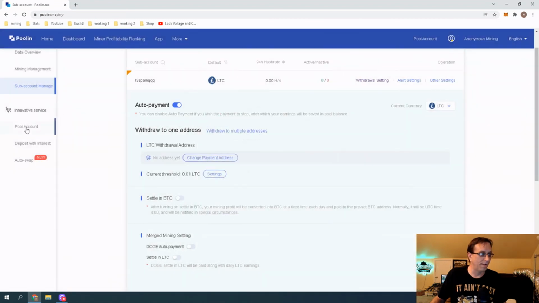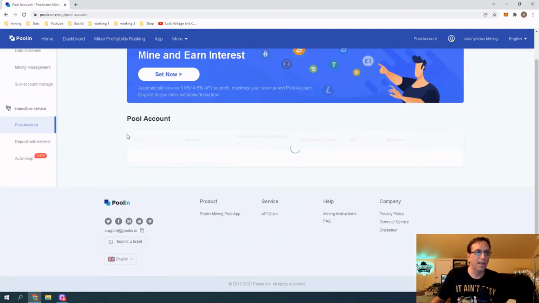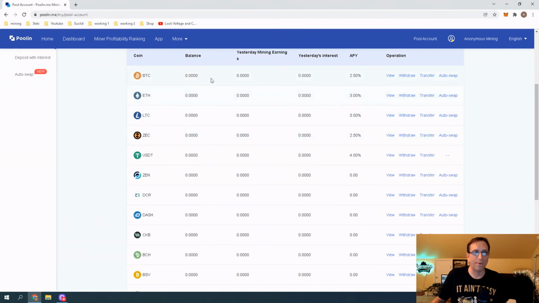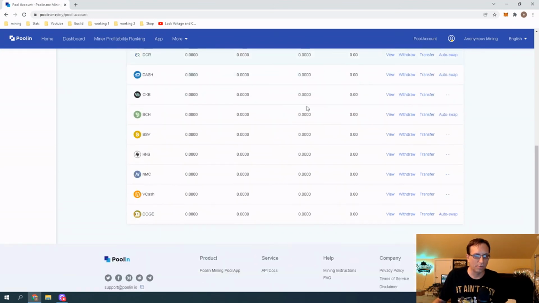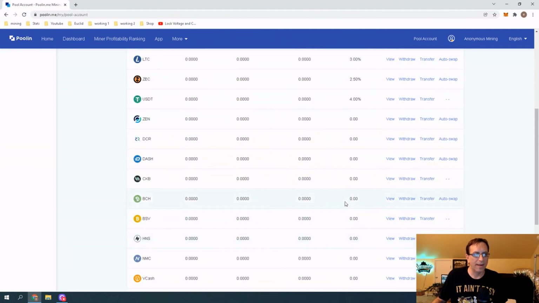I will show you over here a pool account. And this one will show you the different percentage. Okay, so it's 2.5 for Bitcoin. It is 3.0 for Litecoin. Some of these other coins also have interest that you can accumulate. But again, if you're not going to let it sit here for a while, I'm not seeing the real benefit of it being over here in their wallet. It helps them, I guess, and it helps you a little bit, but you need to be in for the long haul here. As you can see, as we scroll down, there's Dogecoin. They don't have anything. That would be cool if they did,